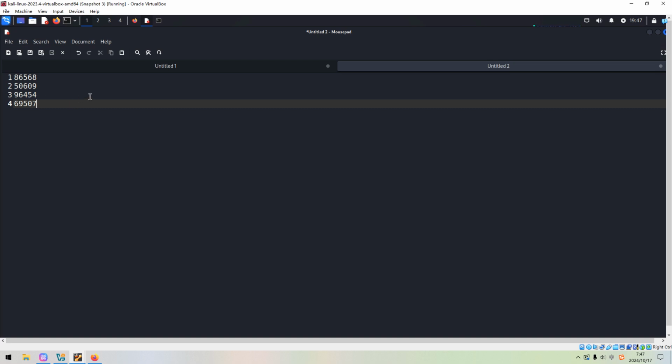Anyway, the primary purpose of doing CTF-like machines is to sharpen our skills, right? So let's do it now.